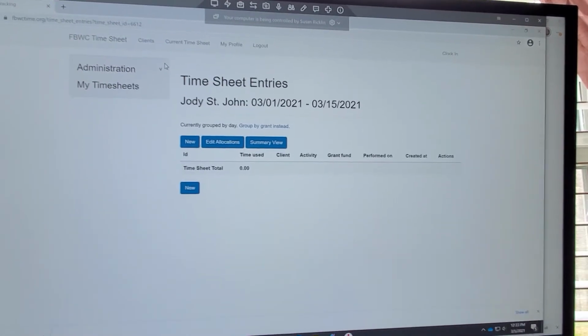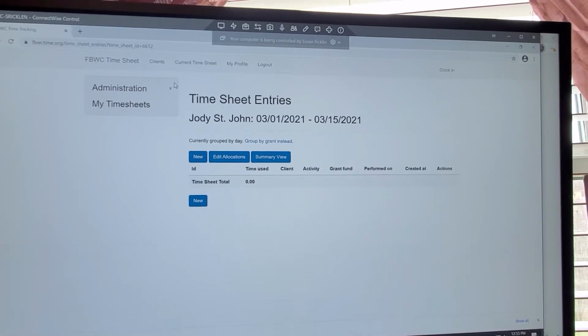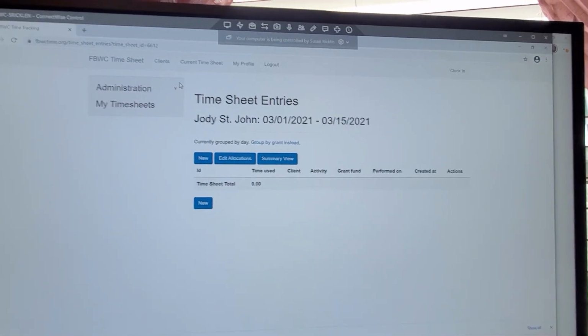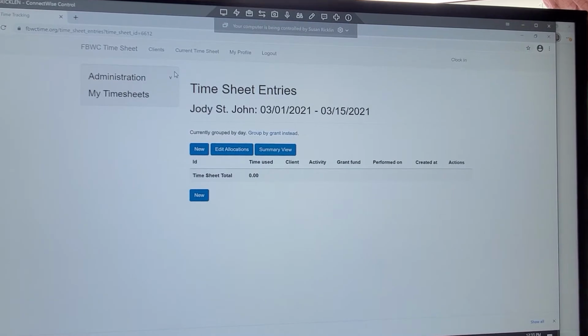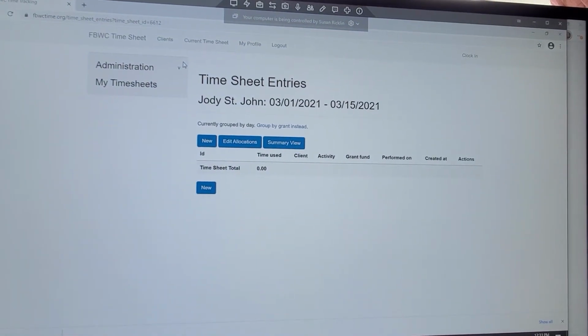Good afternoon. What I'm doing is a general timesheet how-to for the interns. So first, what you're going to do is go to the web page, which is